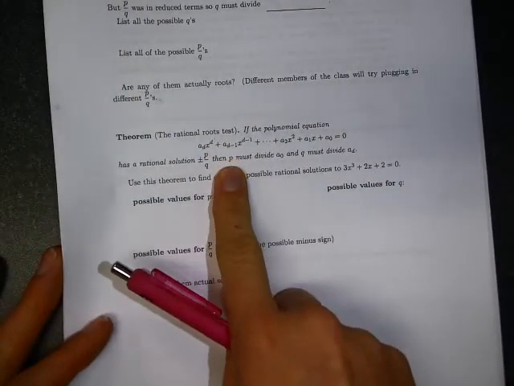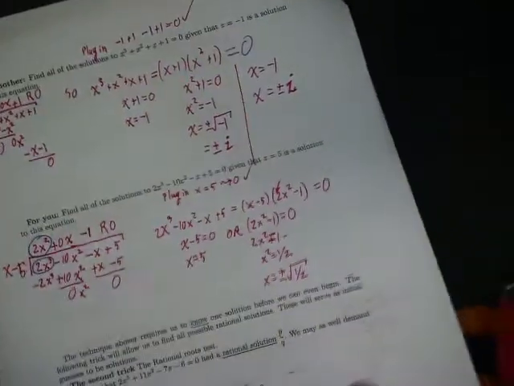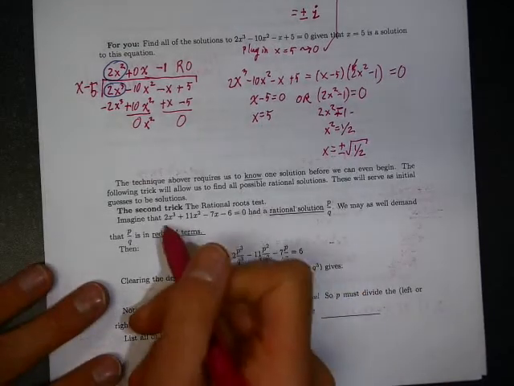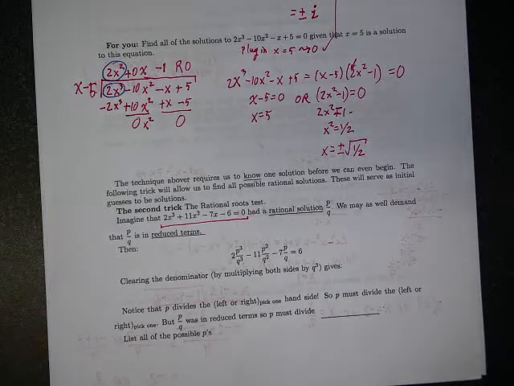But in the meantime, let's see why the rational roots test is true by running the proof for a particular example. So here's a polynomial, 2x cubed plus 11x squared minus 7x minus 6 equals 0. Let's try to find all the rational numbers that solve that. So let's imagine any rational number p over q that solves this equation. We may as well put p over q in reduced form, so p and q shouldn't have any common factor. If they're both divisible by 5, you should cancel by 5.